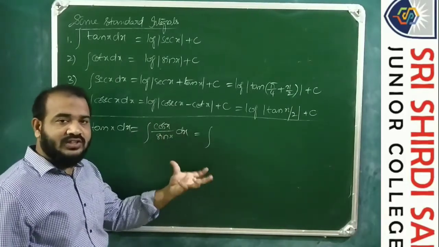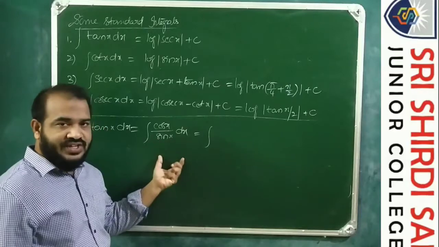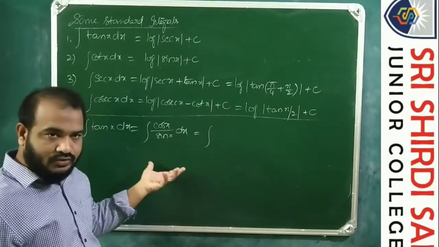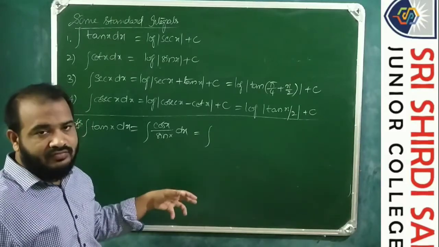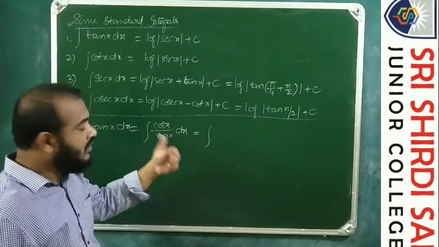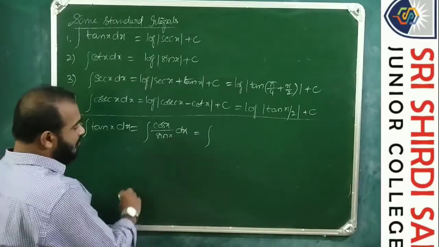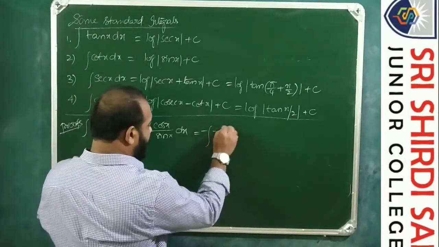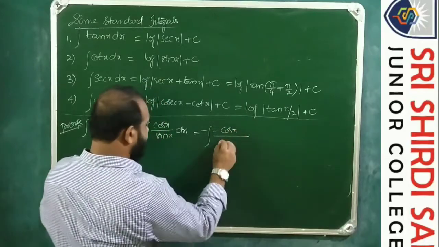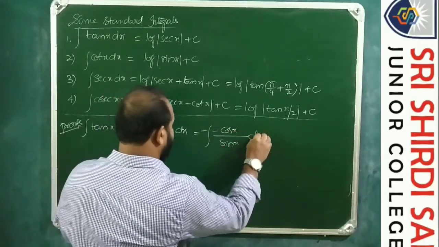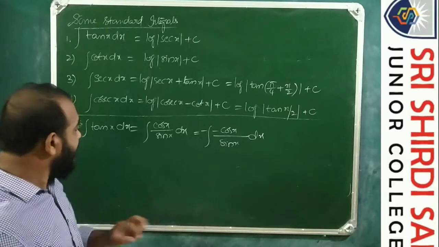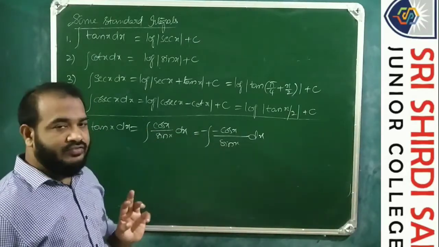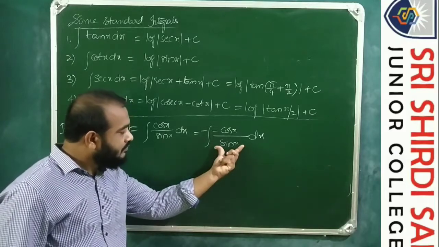So substitution can be used here, but substitution can be avoided also if you are familiar with the results. So here what I am doing is minus of minus cos x by sin x dx. Without loss of generality, this cos x I have done minus of minus, because sin x derivative is